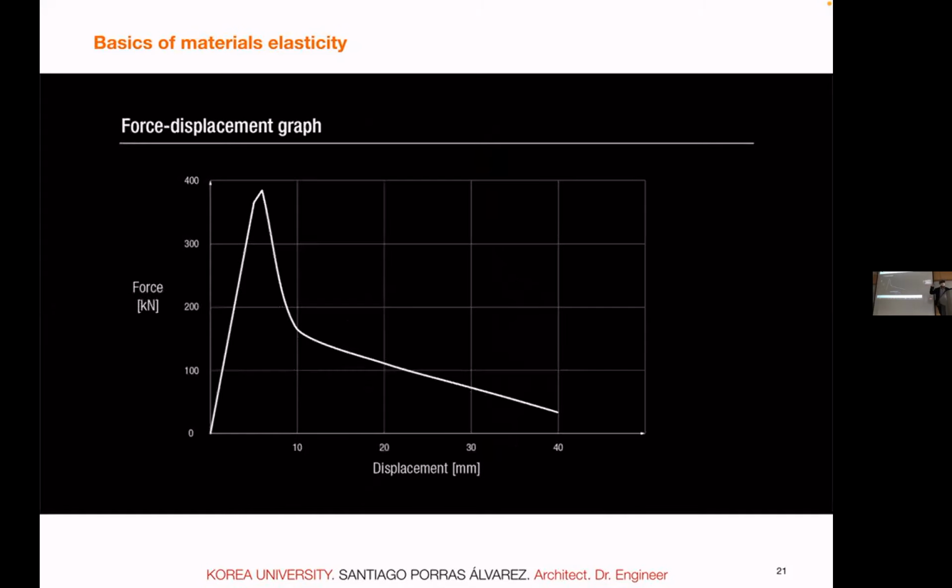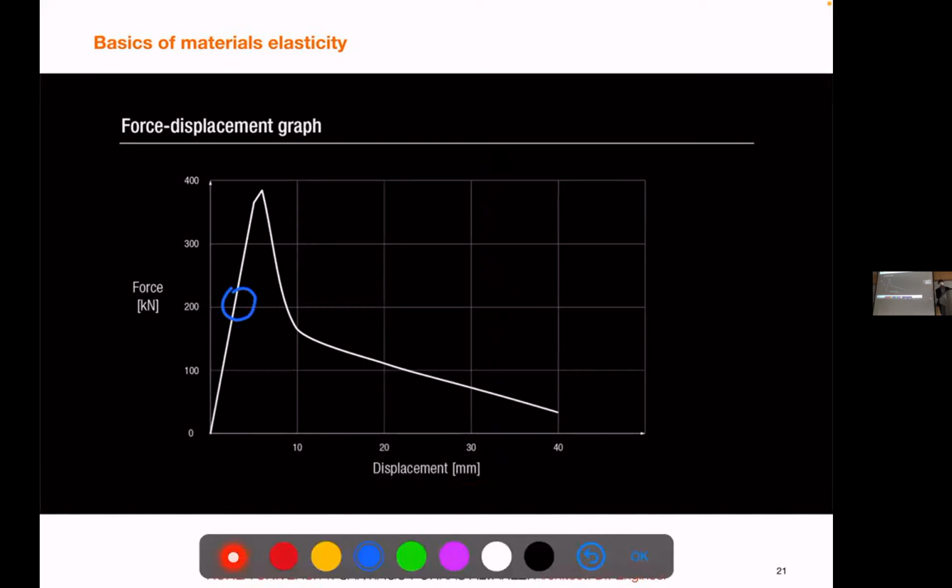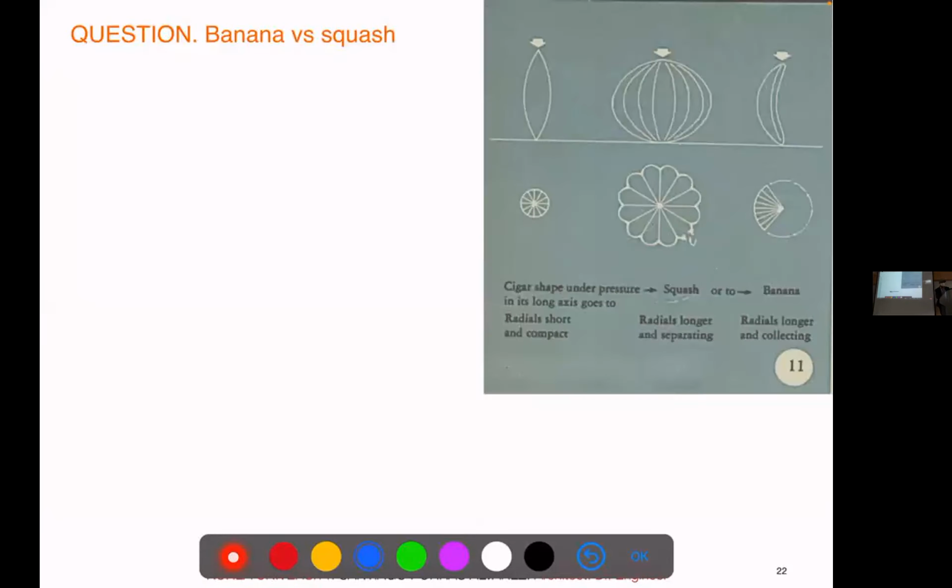And this is not as explosive as concrete. And this is the graph of how it works, right? The graph shows an initial linear force displacement relationship. Curiously, this is pretty straight. That means that a glulam behaves much more like a perfect elastic material. And the point in which fiber buckling occurs is at around 375 kilonewtons.